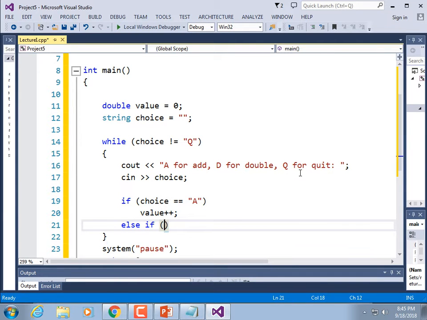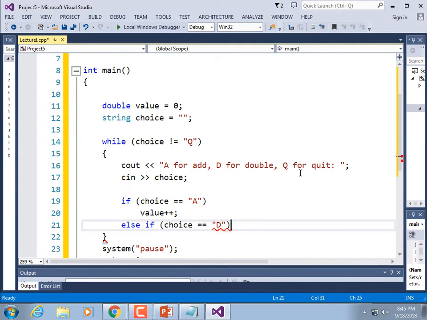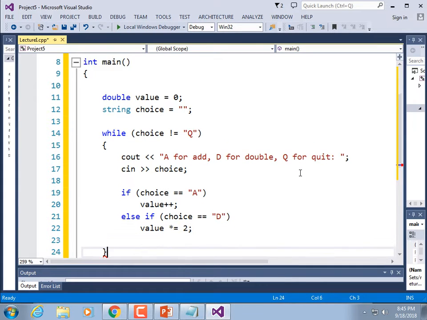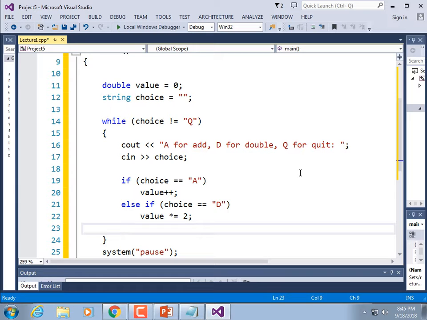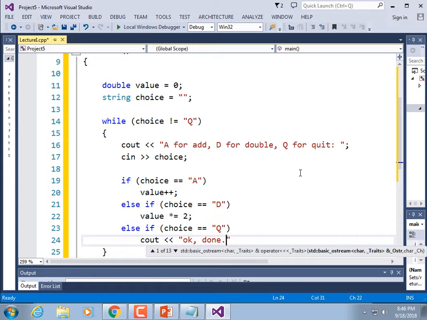Else if choice equals D, value times equals 2. Else if, and we don't really need this one, choice equals Q, then let's just cout a message, "okay, done\n";